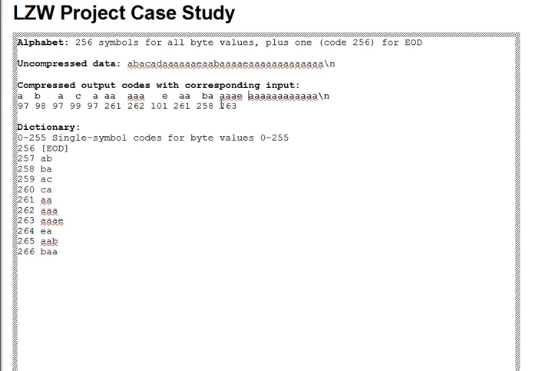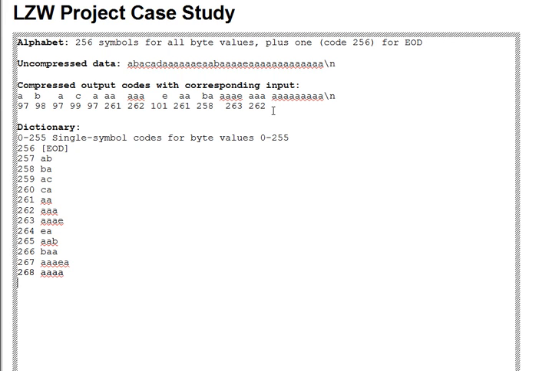I'm sorry, for AAAE, and we'll add 267 AAAEA, and then we have 3 A's here, so we'll output 262 for that, and add 268